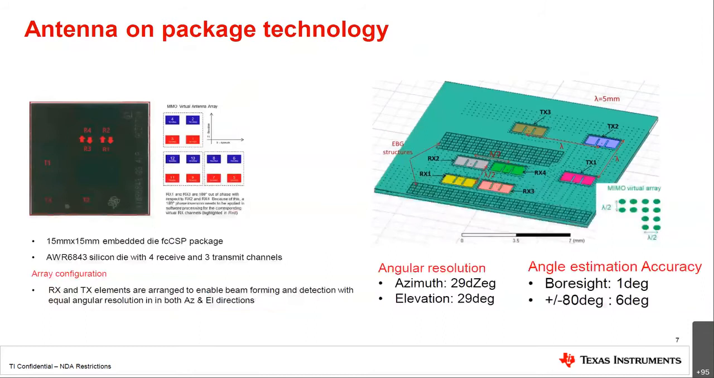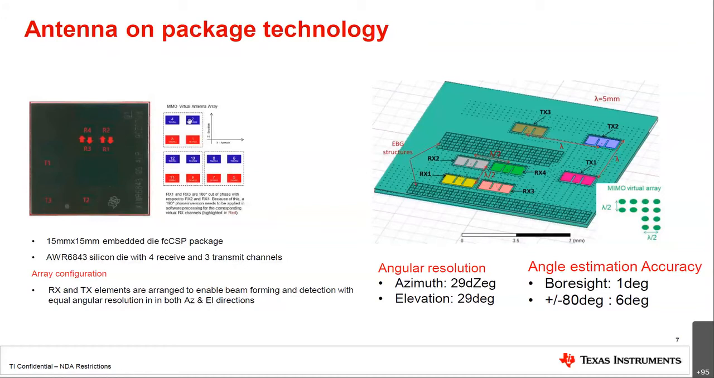So to dive more into the sensor that was used in that image of the testing results, this is the antenna on package device. So this whole chip includes both the processing capability as well as the antenna being on the device. It's a very small form factor of 15 millimeters by 15 millimeters. The 6843 devices, the 4 means that there's 4 receivers noted here, and then 3 transmitters, giving us a total